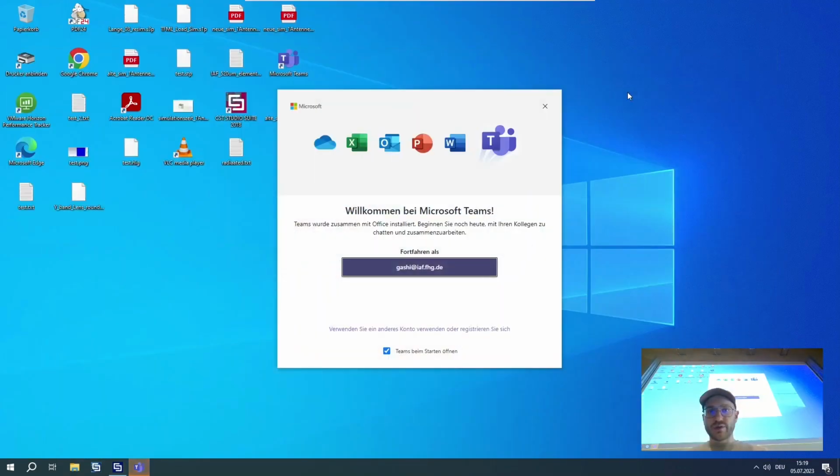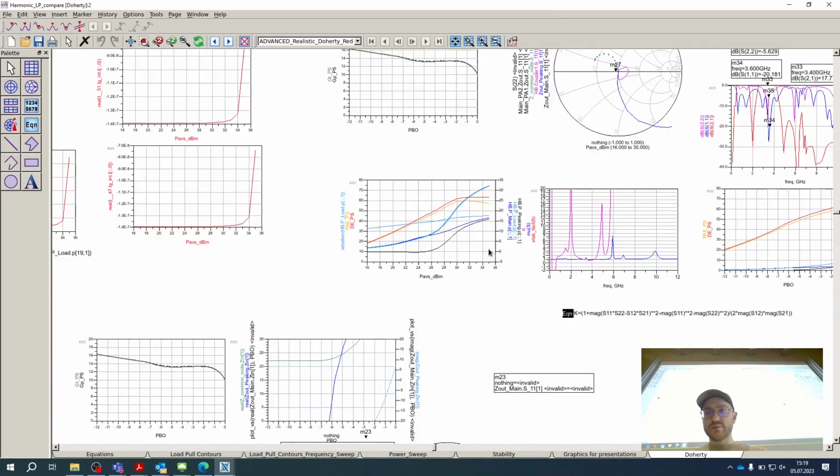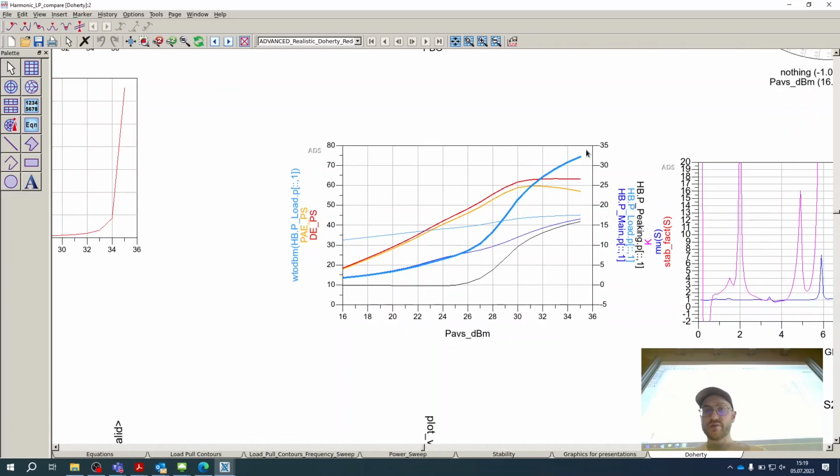Let me go back to what I wanted to say: once you have that simulated, you can simulate something like this, which is the PAE, the power added efficiency of the device. You can simulate the output power of the device. For example, how much output power do we have? This is to the right then. The output power is, for example, over 30 dBm for this device, or a peak of 35 dBm or something like that. And the efficiency is around 60%,